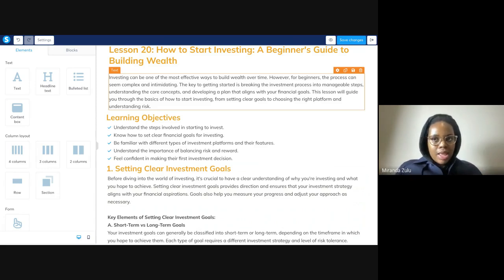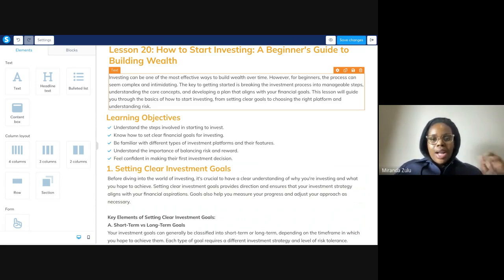I was just sharing earlier that my biggest goal for this lesson plan is for all of us, at the end of it, to invest 100 Rand. For some people, it would be investing their first 100 Rand. For others, it would be just investing 100 Rand because they already are investing. Then we can all share and do it as a collective exercise, which I think would be really great to do as a group. But I will share more information on this maybe tomorrow, Friday, in the WhatsApp channel and on email as well, just so everyone is aware and we can all do it together.